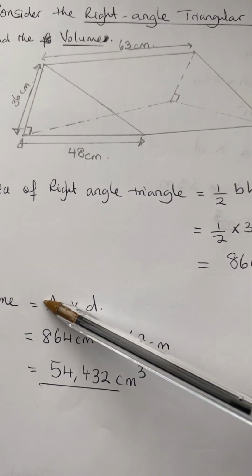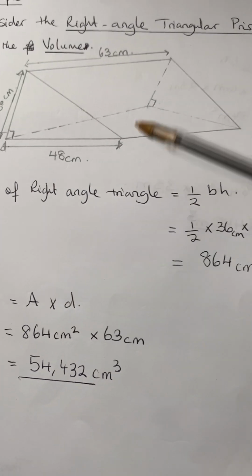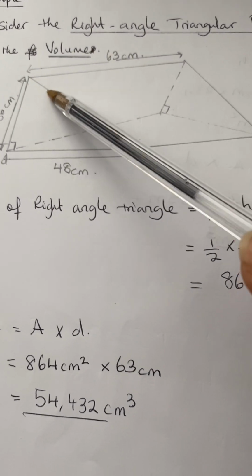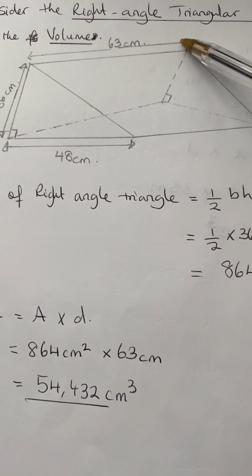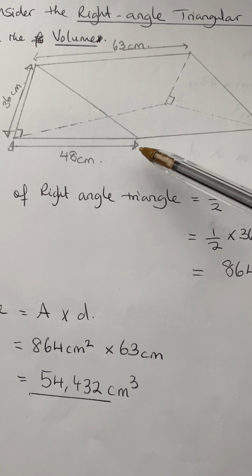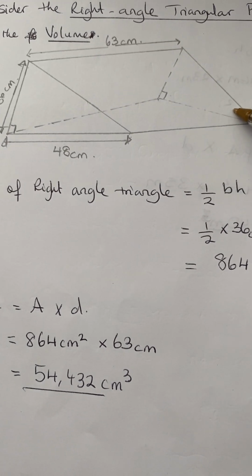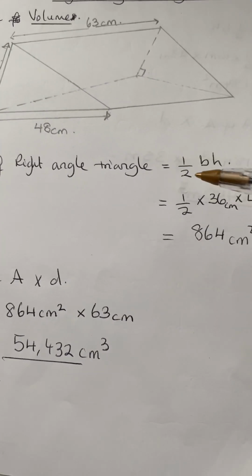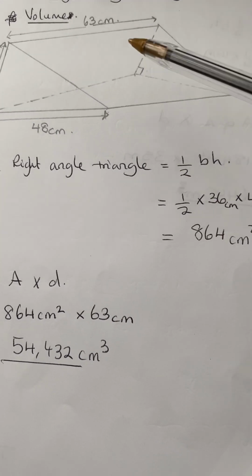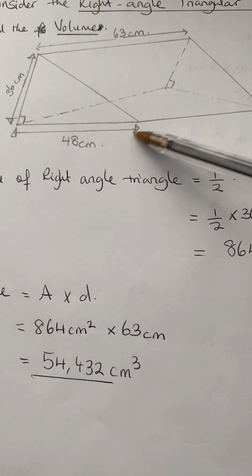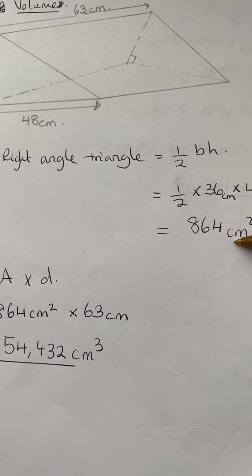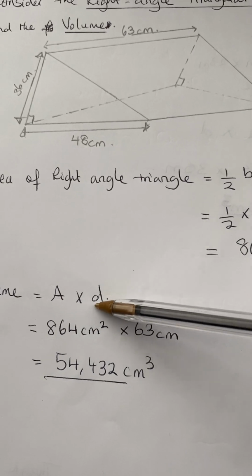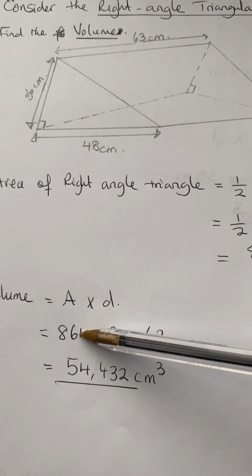Now that we know the area of the triangle, we need this distance. 63 centimeters is the same as this distance here. So we multiply this area by 63 centimeters. All the units are in centimeters. So if you multiply correctly,